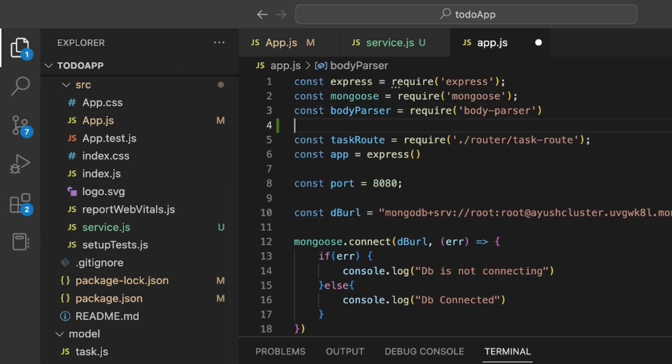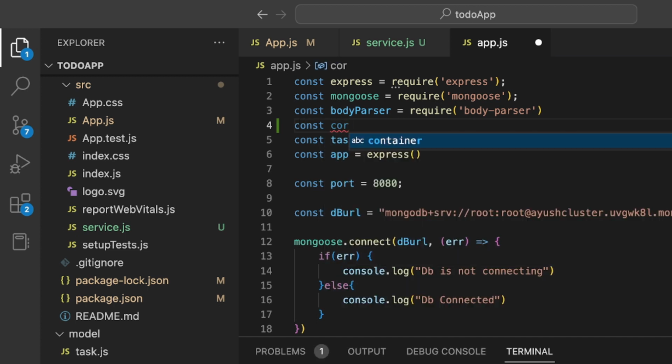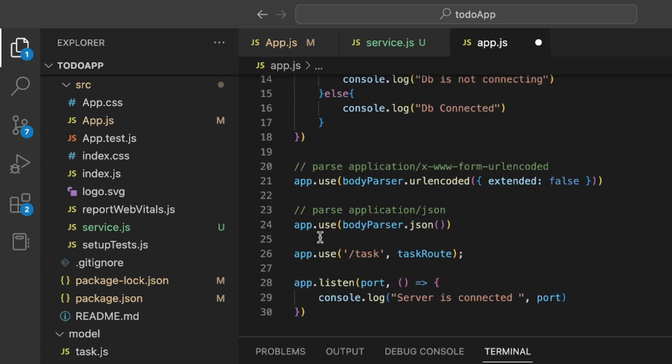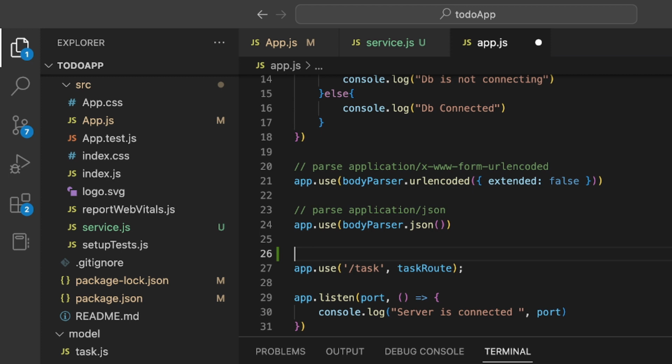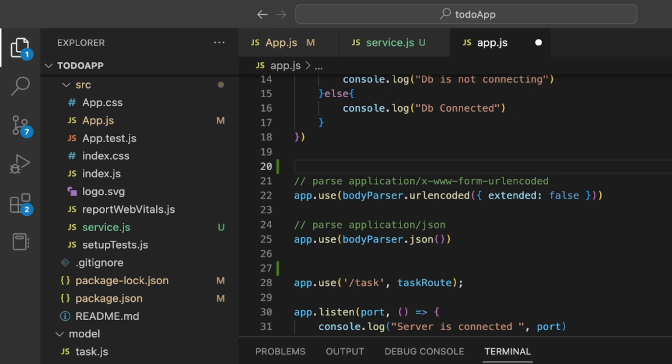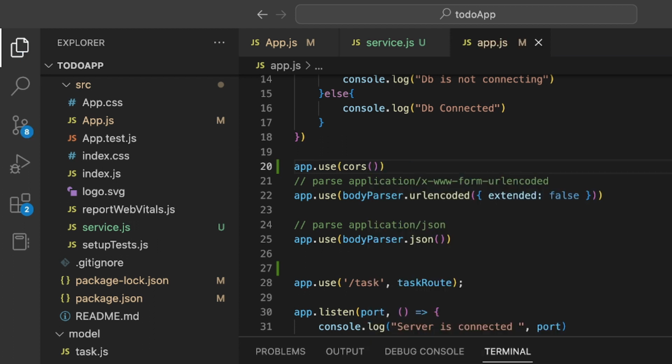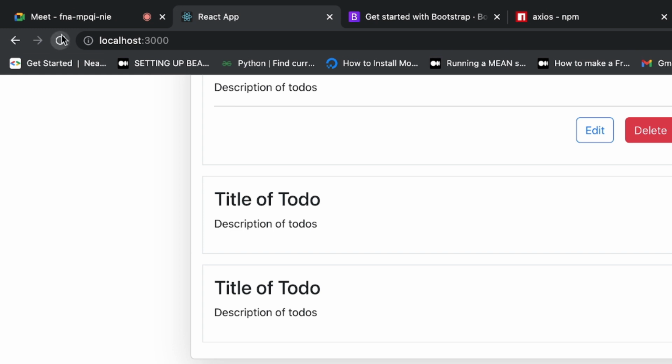First you have to import cors with the require keyword, just like that. And just before the task route, you have to app.use and call this cors function and run this code, nothing else. And now if you refresh this page,